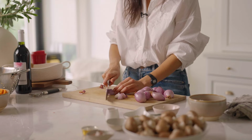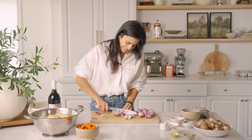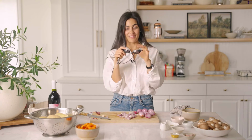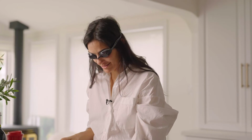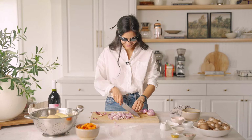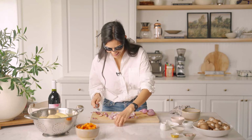That was a good one. I start crying. Oh no. 1 down, 12 to go. Okay, we're gonna be trying this. Let's see if this works. This is actually making a big difference. I can hardly see because they're tinted, but